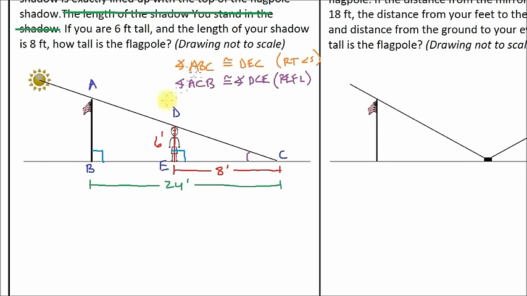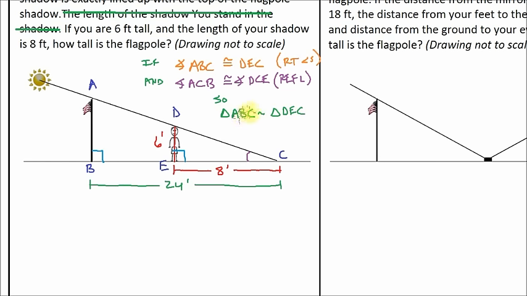All right, well, if we've got two triangles, triangle ABC and triangle DEC, and they've got two angles that are congruent, we know those triangles are similar. So we're going to go ahead and put our conclusion right here. If this is true and this is true, so triangle ABC is similar to triangle